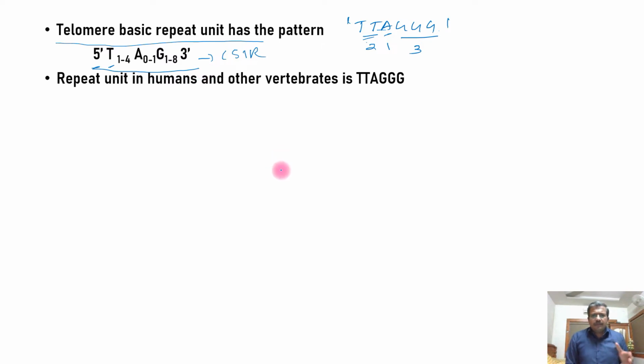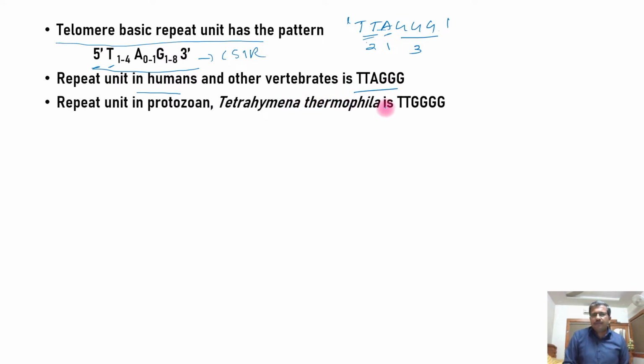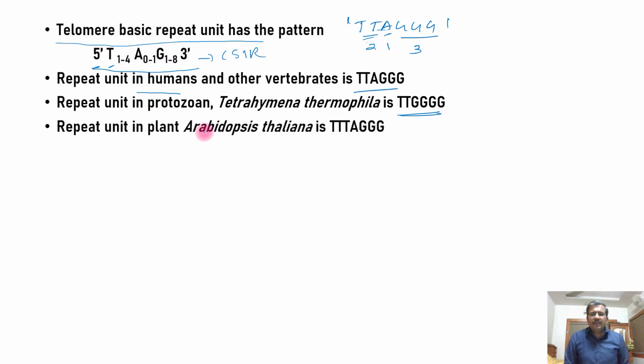Now, we are just taking some examples present in lower organisms and also in higher eukaryotic organisms. For example, in humans, we already discussed the repeat TTAGGG. In a protozoan, Tetrahymena thermophila, the repeating unit is actually TTGGGG. And in Arabidopsis thaliana, one of the model plant species, the tandem repeats have this particular pattern,